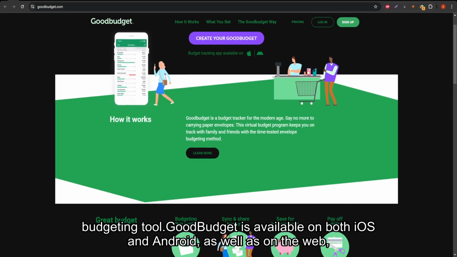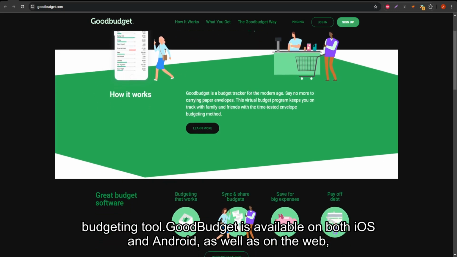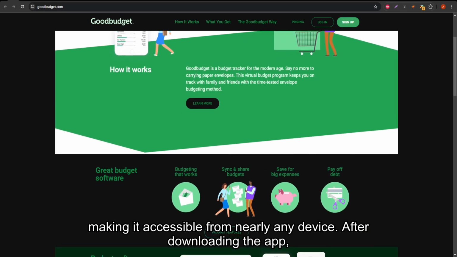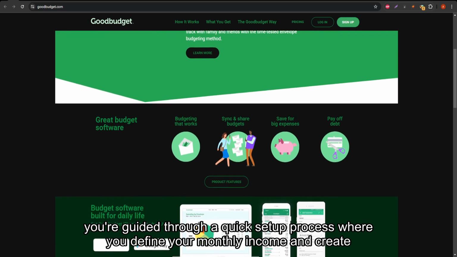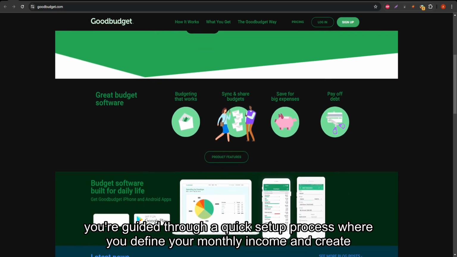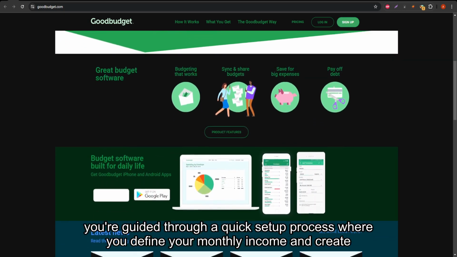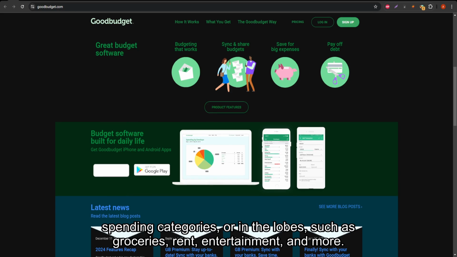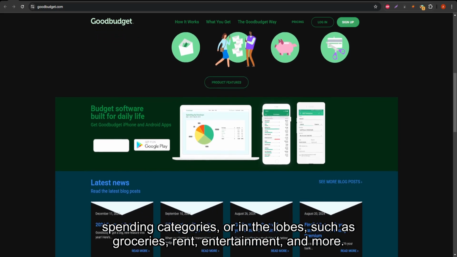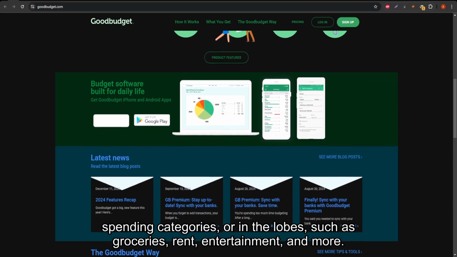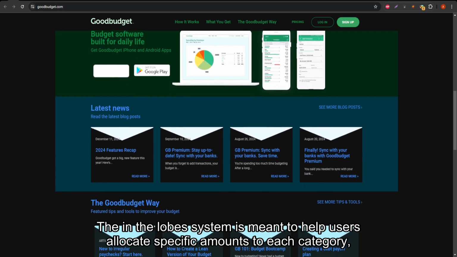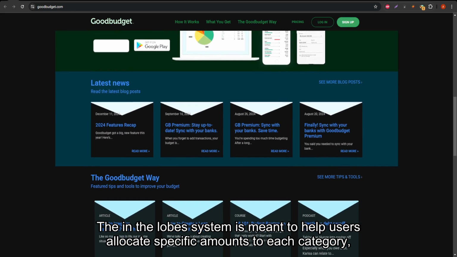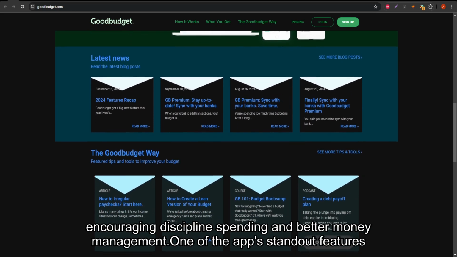GoodBudget is available on both iOS and Android, as well as on the web, making it accessible from nearly any device. After downloading the app, you're guided through a quick setup process where you define your monthly income and create spending categories, or envelopes, such as groceries, rent, entertainment, and more. The envelope system is meant to help users allocate specific amounts to each category, encouraging disciplined spending and better money